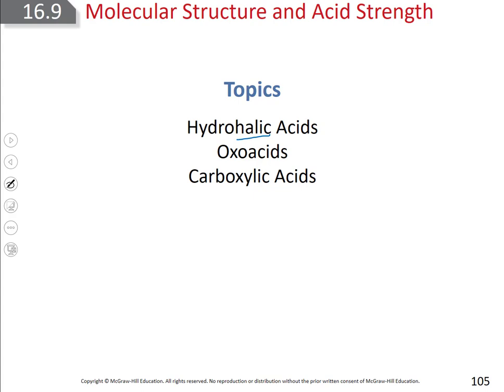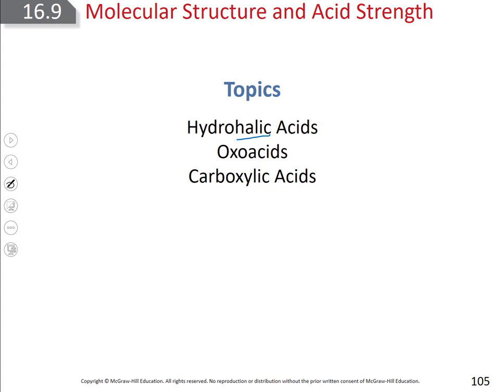Group 7, good. So that's the fluorine, chlorine, bromine. So hydrohalic acids are HF, HCl, HBr, those ones. And then we'll talk about the oxo acids. So this is like the sulfuric acid, carbonic acid, all of those based on the polyatomic ions, and then carboxylic acids. So that's going to be things like the acetic acid, and we'll talk about how the structure and why